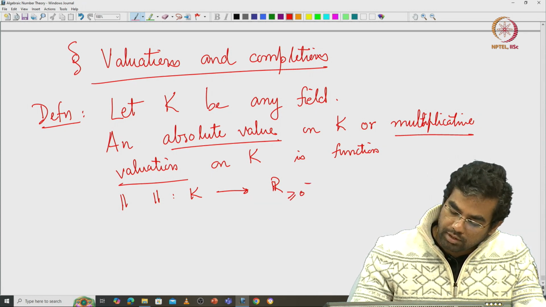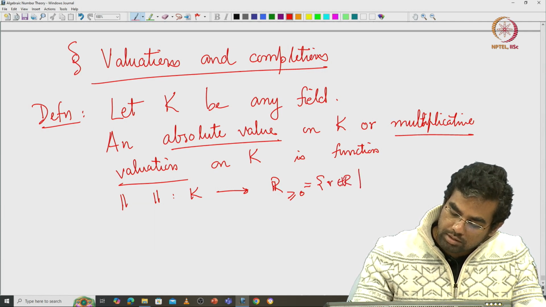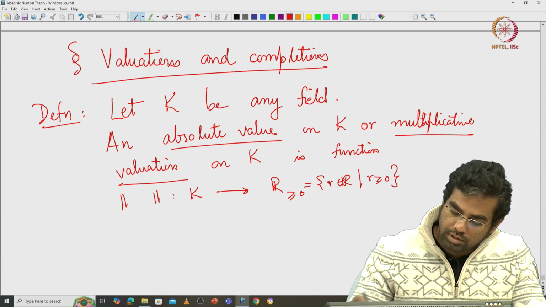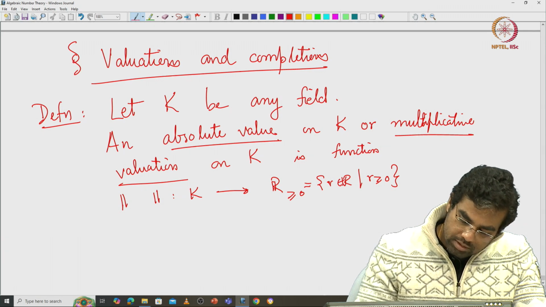So, only non-negative real numbers, so these are all r in R such that r is greater than or equal to 0, such that